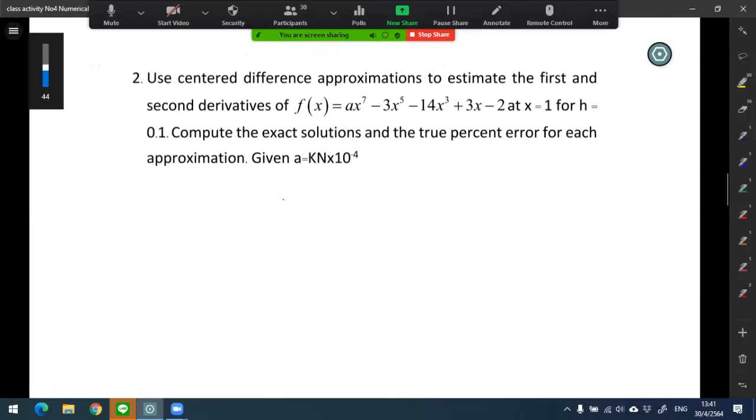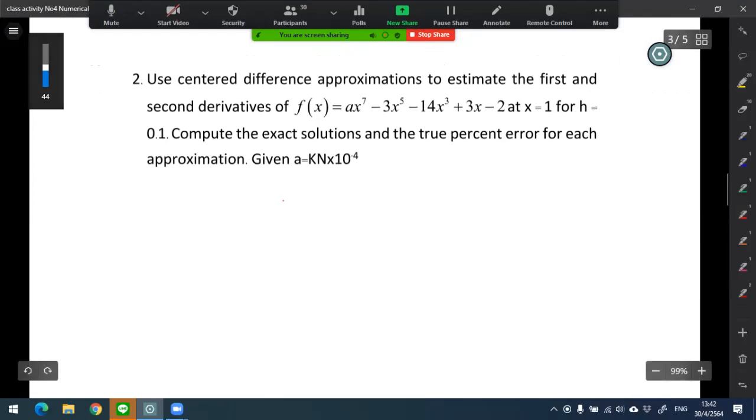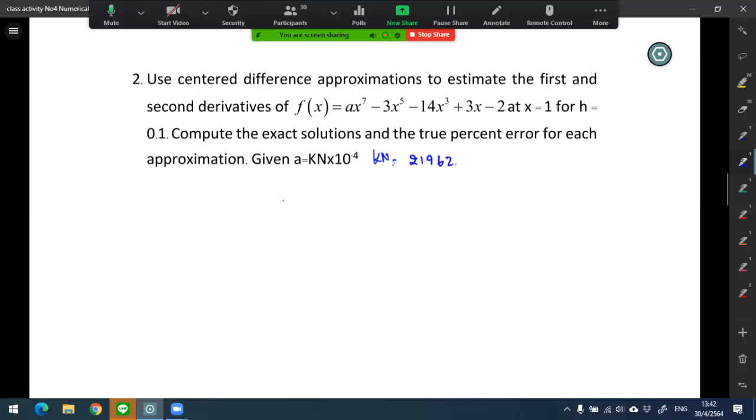21962. Okay, this is KN for today. So we will use KN as 21962 for this problem. So what does it mean? It means that f(x) is equal to